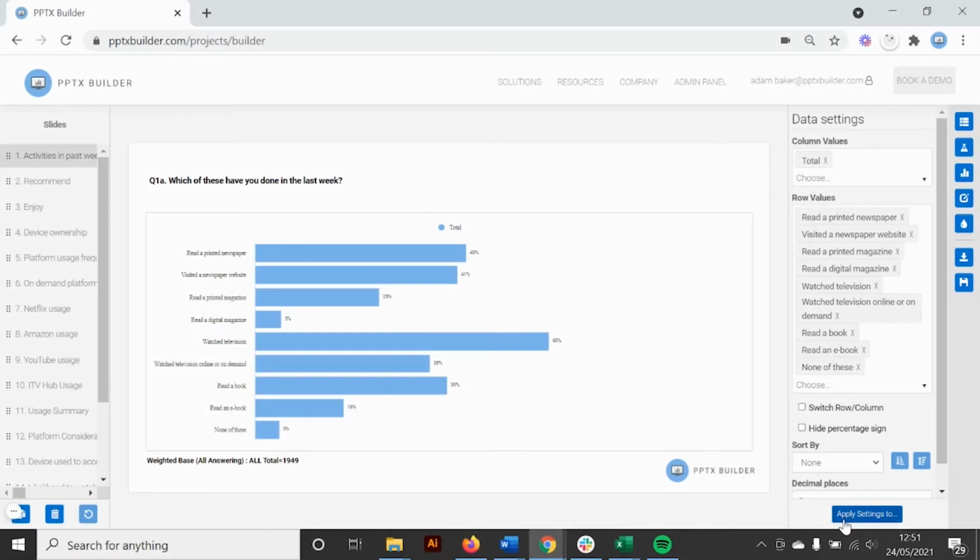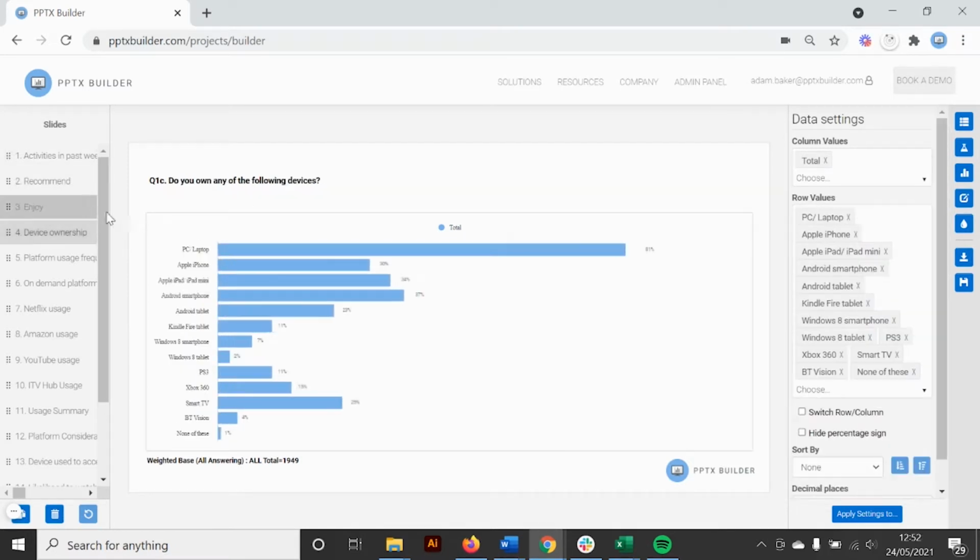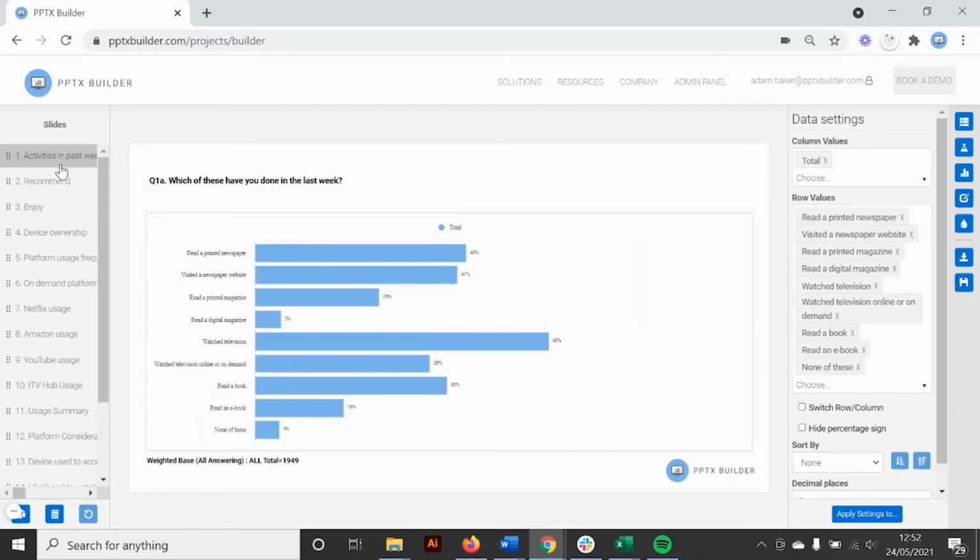Previously, when using the Apply Settings To feature here on the right-hand side, if I was to apply my settings from slide 1 to any other slide on here, we wouldn't actually include any functionality on the row values, purely because if I go from question to question, you can see that my response list doesn't match. So this question 4, device ownership, has a completely different response list to which of these have you done in